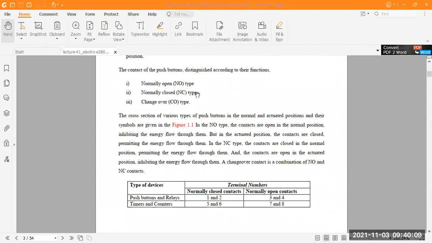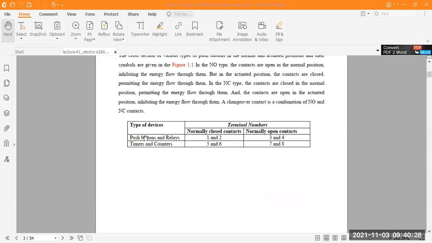Number two, normally closed, the NC type of switch. And number three, changeover, the CO type. These NO, NC and CO type push button switches we use in different process control industries and different operations.